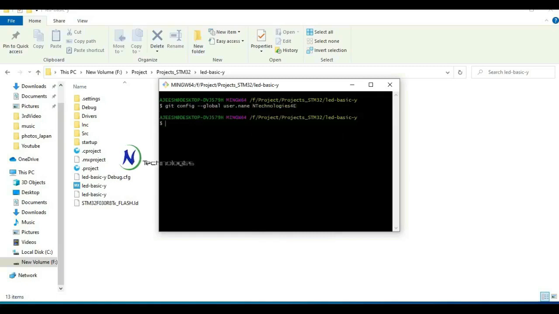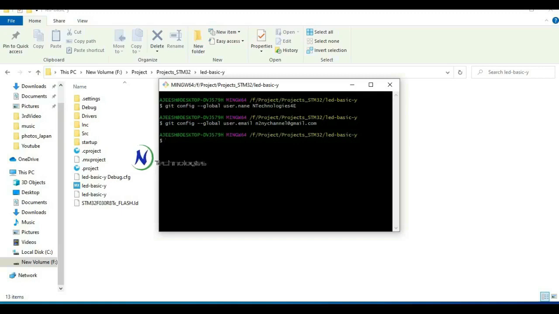Next we need to configure the Gmail address also. We can type git config --global user.email and give the mail address. So now we have configured both our username and email to Git.